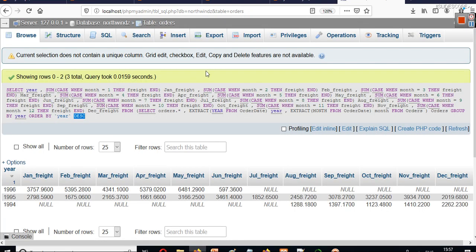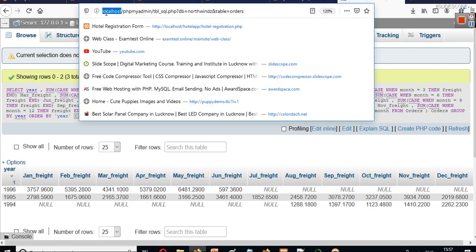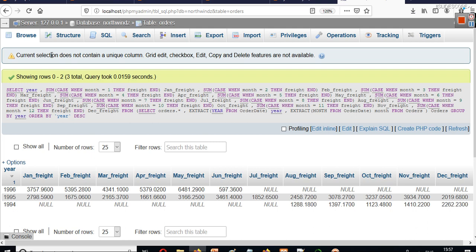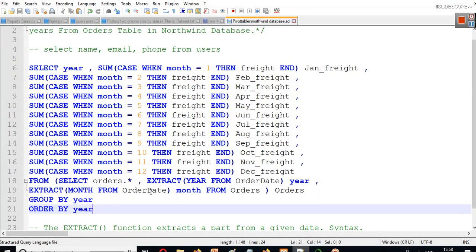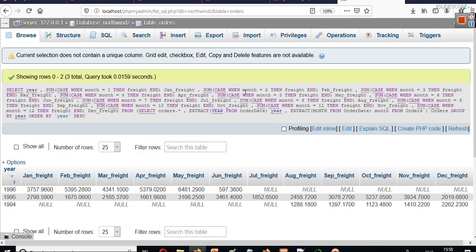You will see this database is running on server 127.0.0.1, which is also called localhost. On this server the name of the database is Northwind, and the names of the tables will be called in the query itself. In this query you can see select orders. So now let's see how we can connect that.